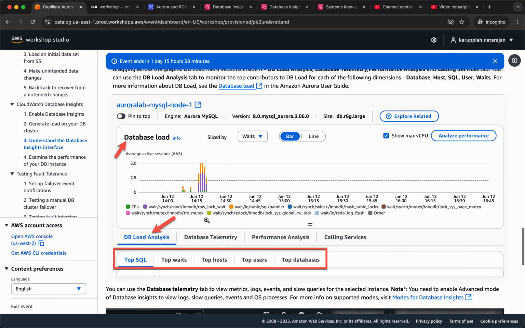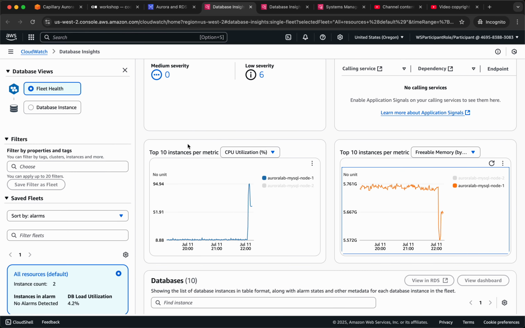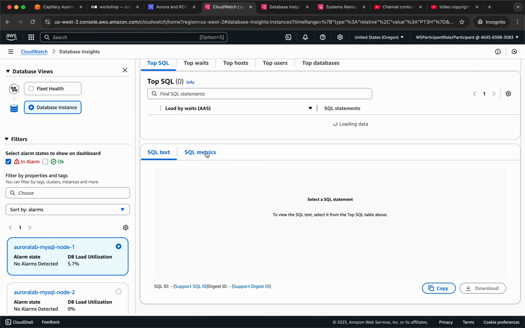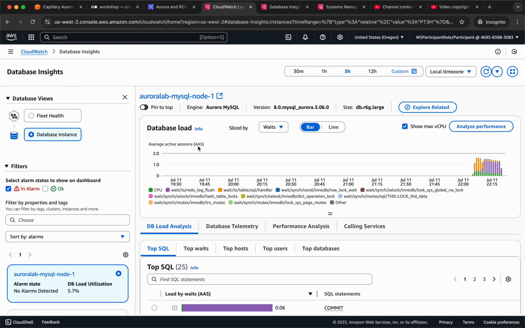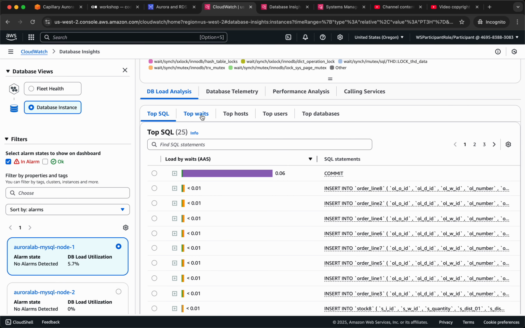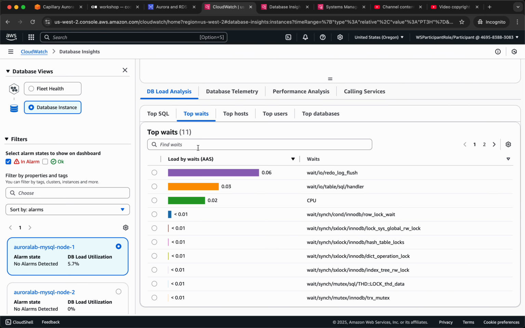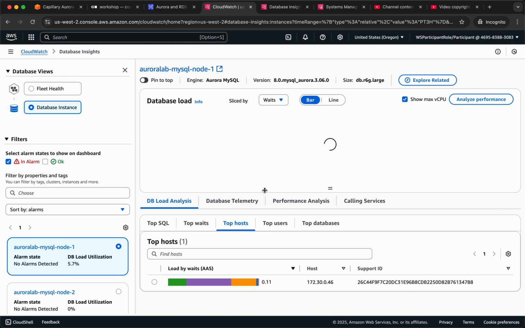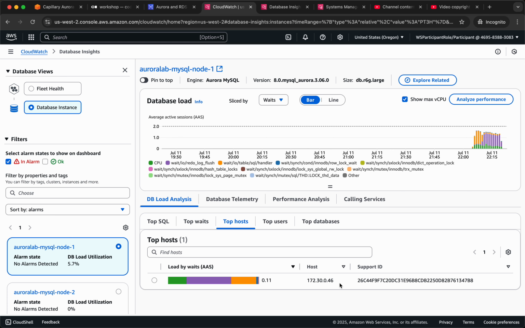So now we're going to be looking at the database instance level. So here you have top waits, top SQL. Here you can actually see some commit statements, load by waits, top waits, redo log flush, and so it's flushing logs, I guess. SQL handler, CPU, top hosts, host this